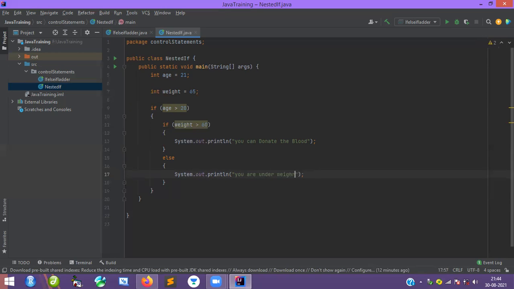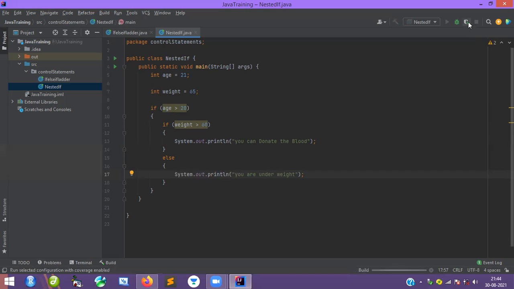So first we are going to execute this one. Go here, run it. I am going to run the nested main here. Let's see. I have taken the value 21 for age and 65 for weight. It's running.